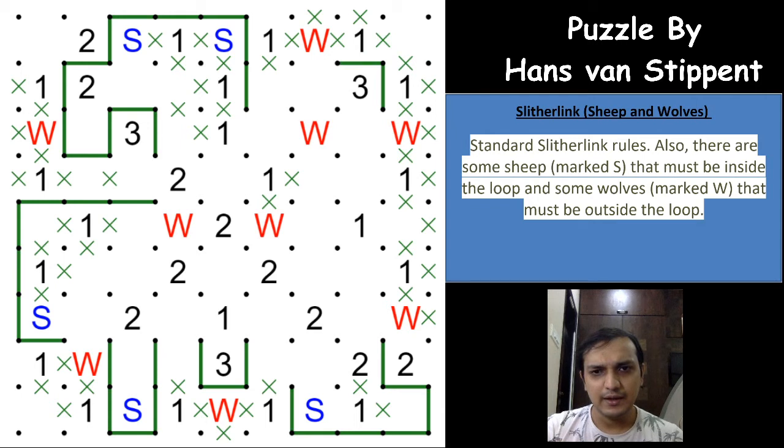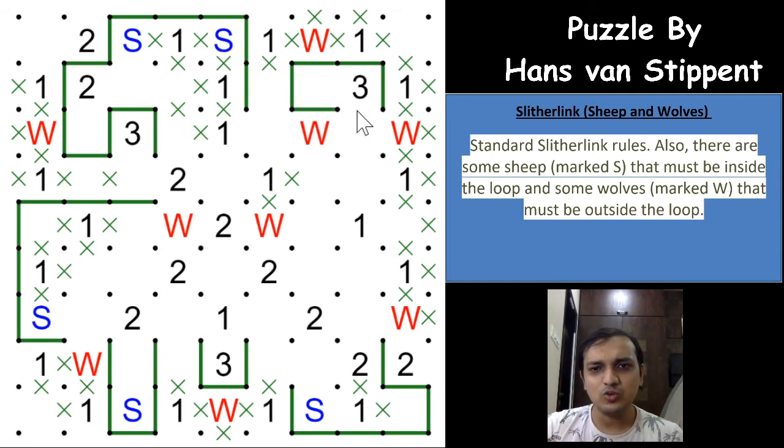Superb. And guys, excellent logic, excellent use of that odd-even parity of loop segments. So if you see this W, we need to have an even number of loop segments towards the upper edge of the grid, right? So either both of these will be loop segments or both of these will not be loop segments, right? So what happens if both of these are loop segments, right?